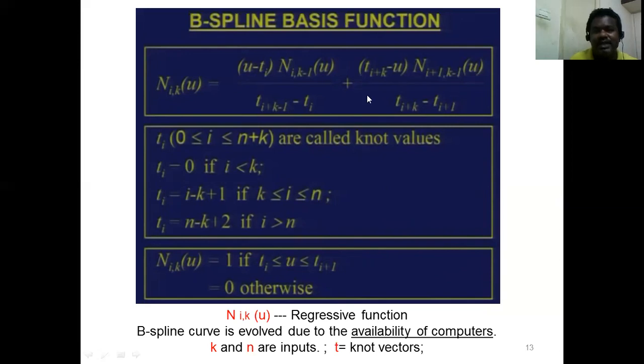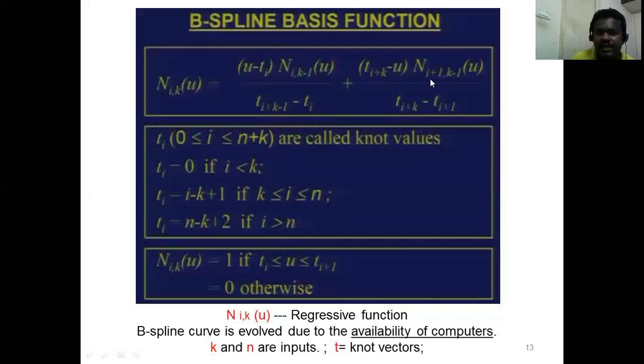If I am interested in finding out N0k, k is equal to 3, because I am allowing 3 control points to influence a particular segment. The i value I can change from 0 to n number of points. In this case, if you substitute, i will be 0, whereas k will be 3. I am interested in this one, i plus 1. If you want to find out N03, in that case you need N04, that is 0, 4. So the next coefficient you should know, then only you can calculate the value of this one.